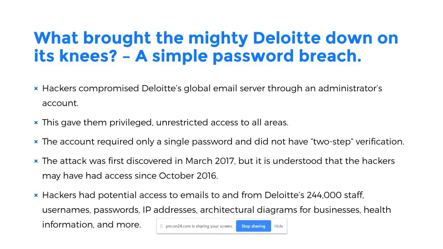They had a massive risk. They lost a lot of employee data, customer data, passwords, IP addresses, architectural diagrams, intellectual property, and so forth, just because they lost one credential, and that account was not protected by a second factor of authentication. So that is another recommendation that I want to make. Be it an on-prem system, be it a cloud system that you're working on, look for solutions that help you with two-factor authentication at least. 90% of identity problems are not your concern anymore if you have a second factor of authentication right there.